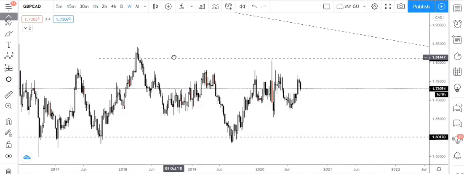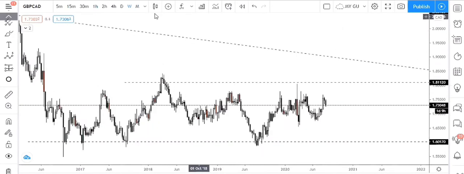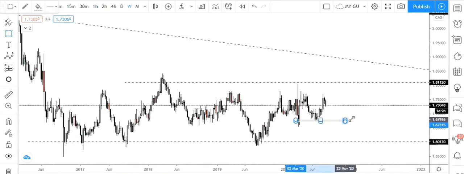The only other zone that I would keep in mind here is around this area. So this is a very important area. Why is this a very important area? This is a low that was created. And if price was to break this low, price will go all the way down here. But if it does break this high,